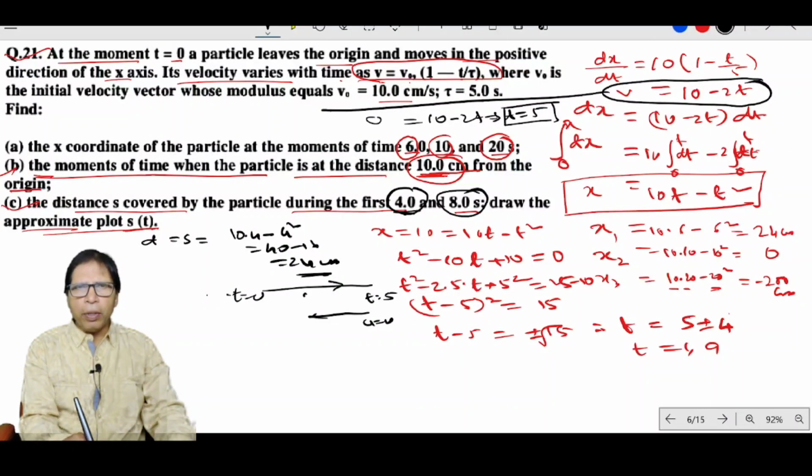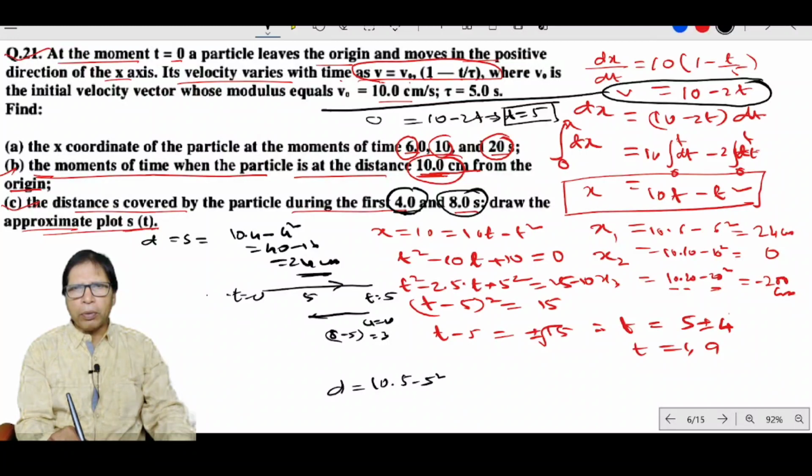So the distance traveled in 5 seconds plus the distance traveled from 5 to 8, that is the 3 seconds. So look at this here, distance d equals 10 into 5, minus 5 square, plus half into a, where acceleration is equal to 2. So 2 into (8 minus 5) whole